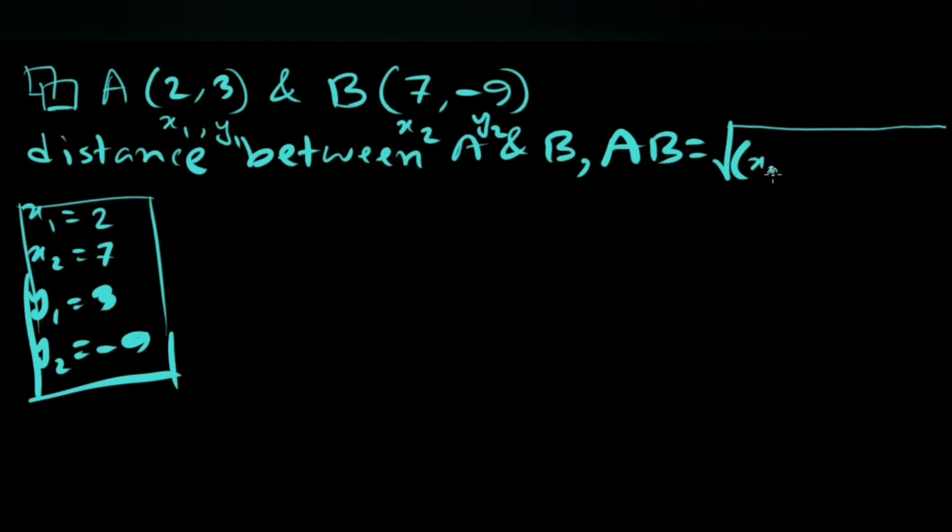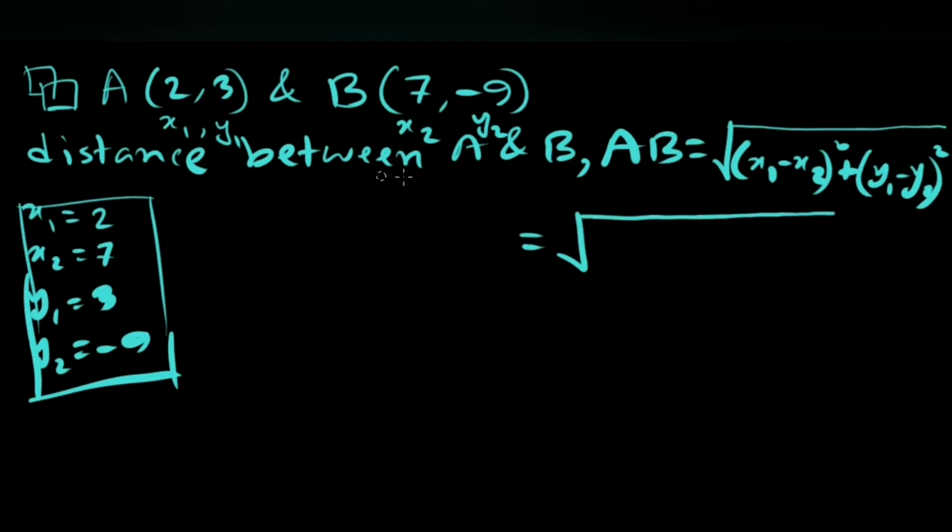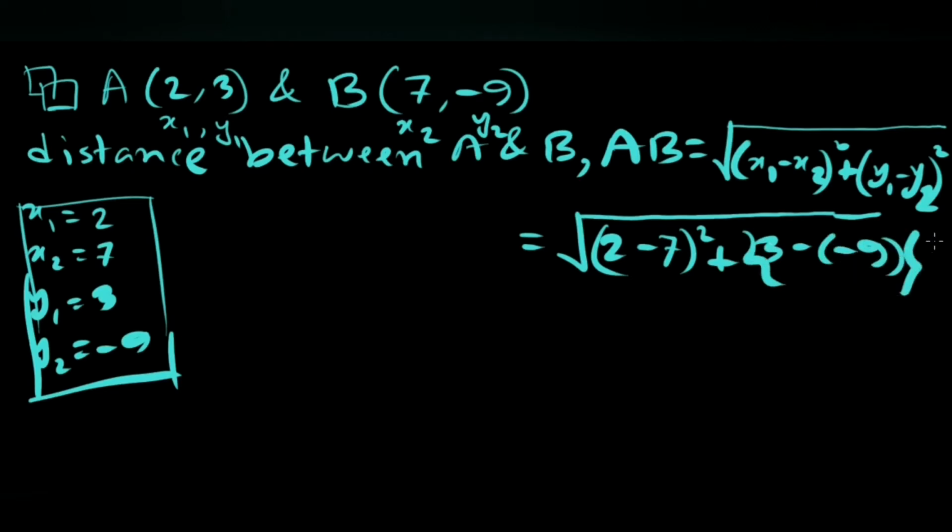So the formula was (x1 minus x2) whole square plus (y1 minus y2) whole square. Now I'm going to place the values. So x1 is 2, minus from the formula, x2 is 7, whole square, positive; y1 is 3, minus sign from the formula, but the value of y2 is also negative, so I'm going to place it in a bracket, and the second term or second expression as whole square, it is